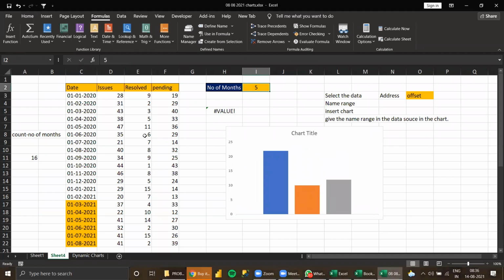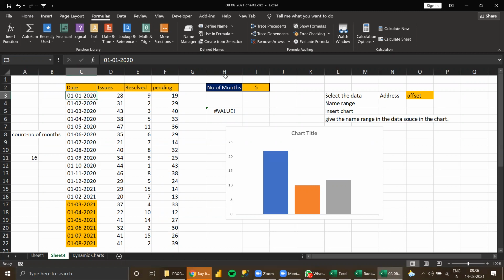Okay. Account where I made the mistake. Correct. 16. From here, 16.